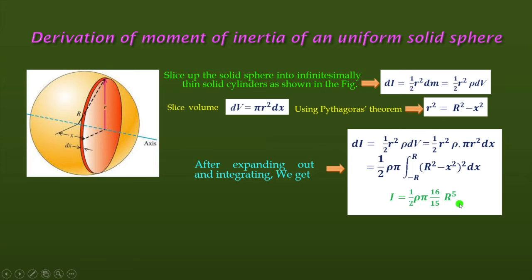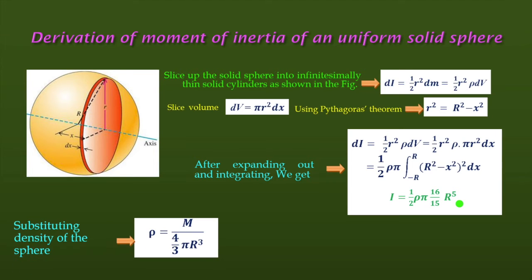Like the previous one, it is also written in terms of density and radius. Now instead of density we can write this also in terms of the mass of the sphere. What's the mass of the sphere? We know mass equals density into volume. Volume of the sphere is 4/3 pi r cube. So finally density equals m by this. Substitute this rho here